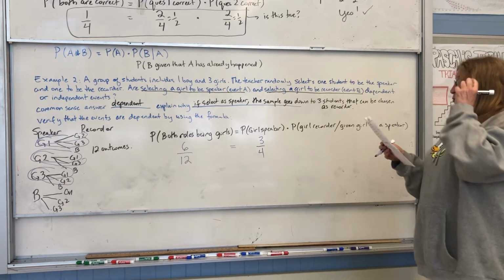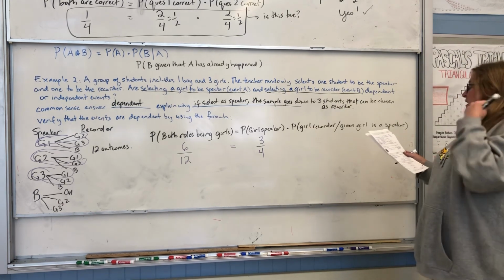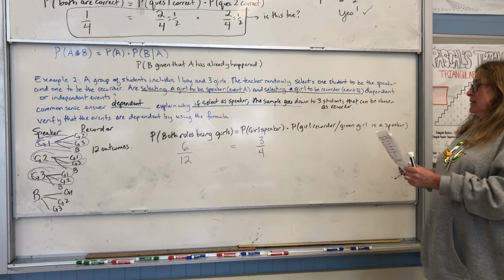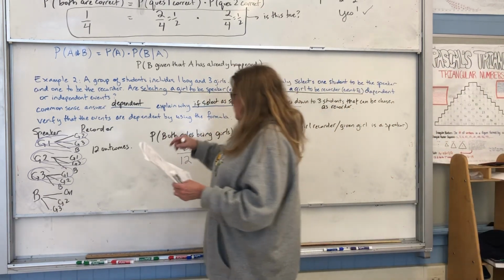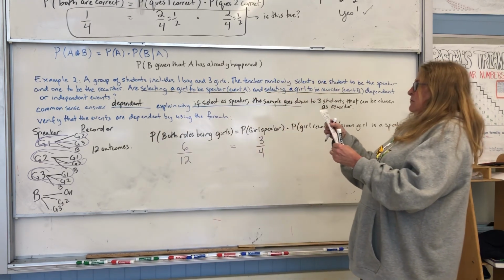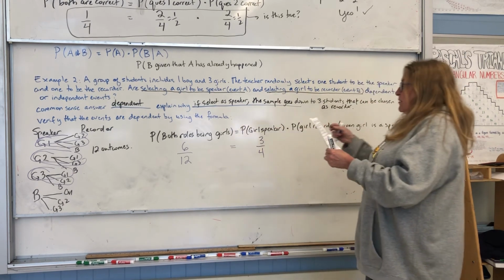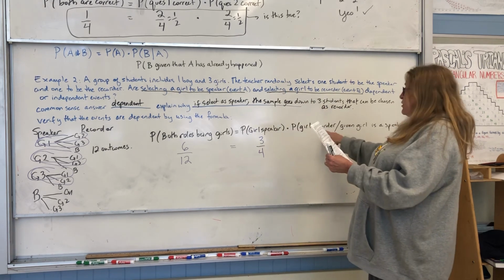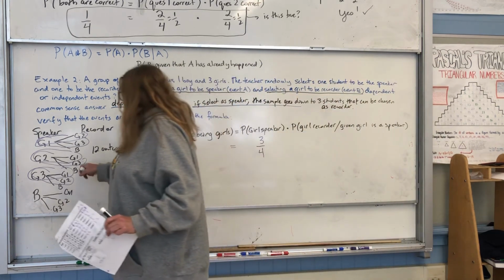Okay, what is the probability that the girl is a recorder, given that there's already a speaker, that the girl's a speaker? Okay, well, let's look. Yeah, that's right, sorry. The probability that we choose a girl as a recorder, given that the girl's already a speaker, is